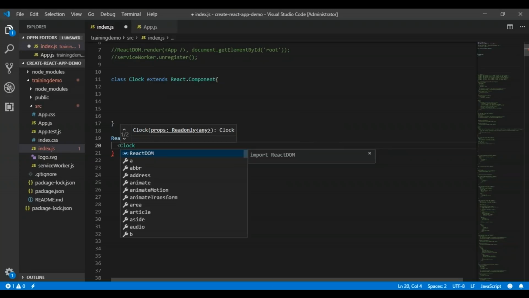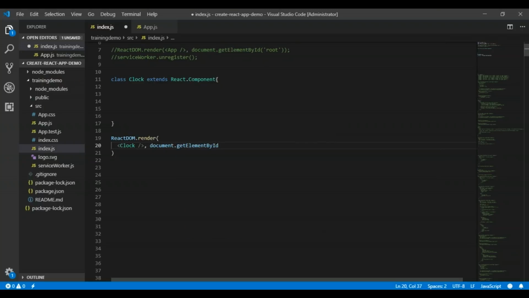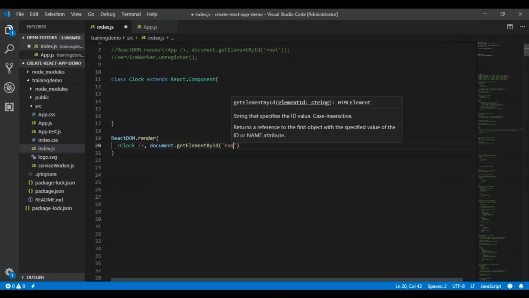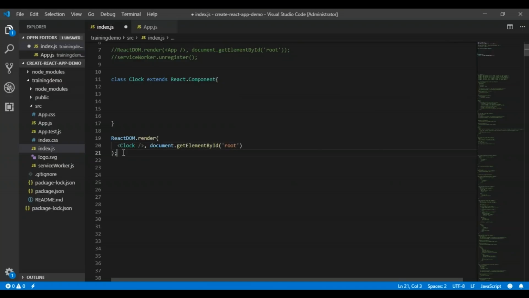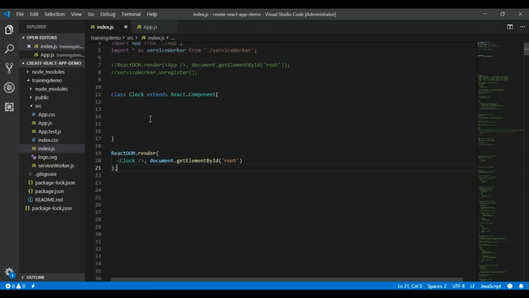The component should always be in curly braces, and then document.getElementById where I want to render the output. So this is done. We are sure that the first or parent component which will be called is the Clock component. That's why I have written ReactDOM.render in the first place.